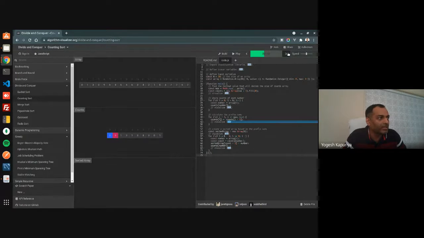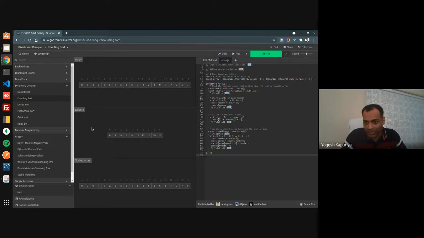Now in the second pass, you will update the counts, so it's a kind of cumulative sum you are calculating. And then we start putting the numbers from the reverse order, and this is how you will generate the sorted output.